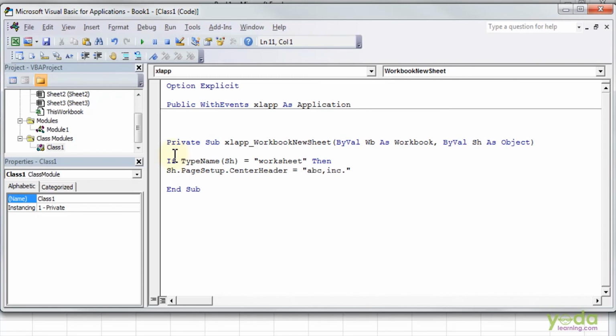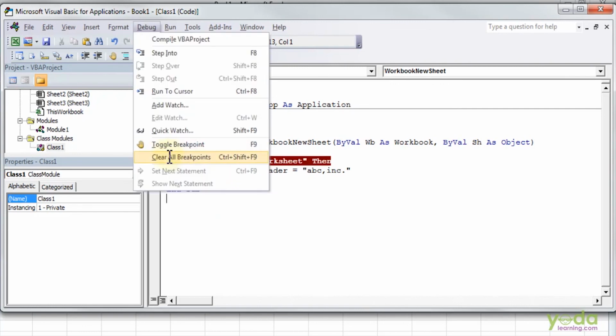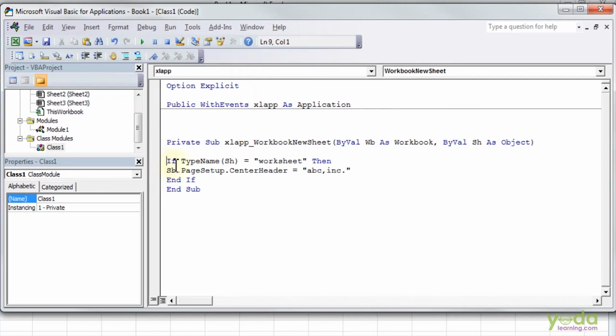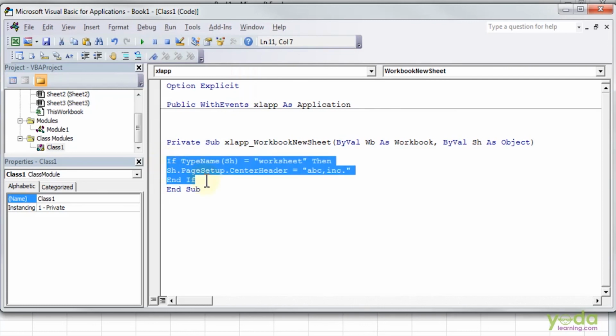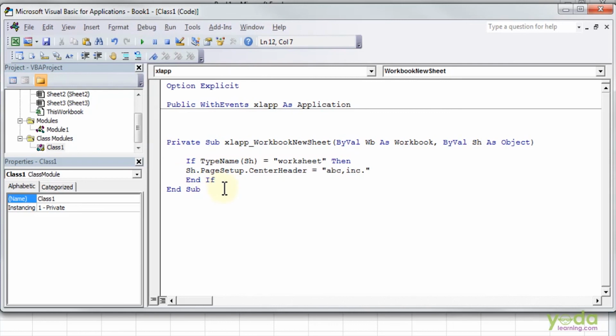Enter. And End If. I'll select this and press Tab so that it is easy to read.